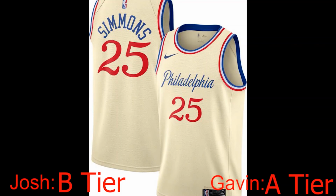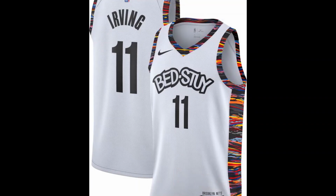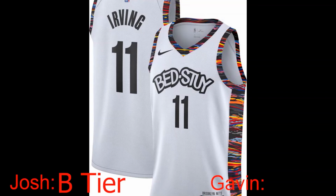Very much so. Next, we have the Brooklyn Nets. And boy, this is a very interesting one to me. I originally had it in A. I'm moving it down to B now, but I could see the argument for C. Now, I think the main reason why I can see the argument for C is because this was basically the same thing last year, and they just did it better last year when they just had it where it said Brooklyn. I keep it at B because